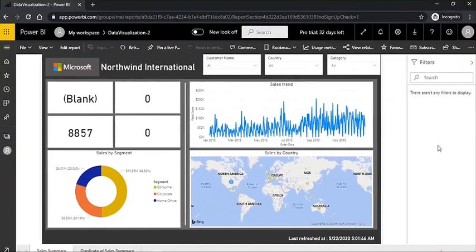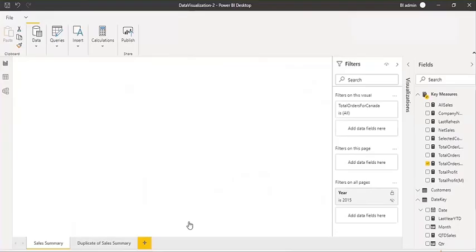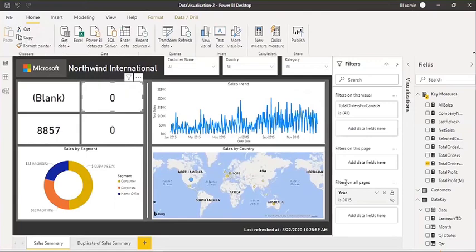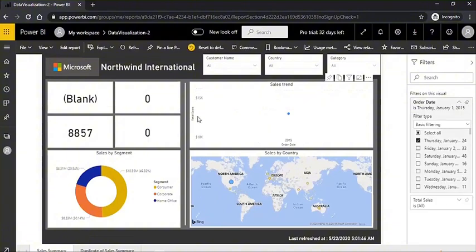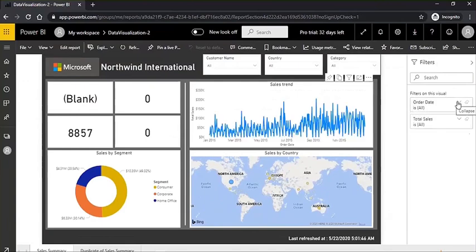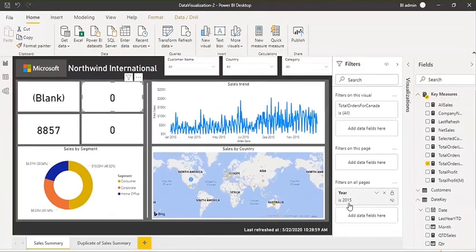But you don't see any value, any column here. Although in Power BI Desktop, I applied one filter, right? But this one I have hidden, right? So that's why it is not showing any filter value here. When I select any visual, then you see filters on this visual will be displayed here. Now you can change any value for this specific visual, right? So filters you can manage at the visual level, page level, or report level. But the filter you see here, year 2015, is not appearing. Why? Because I have hidden it. That's why it's not visible.